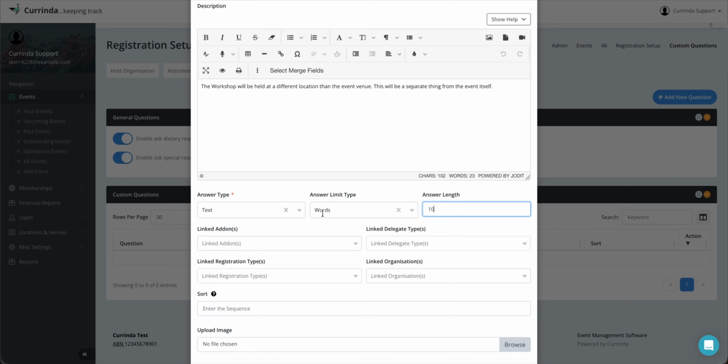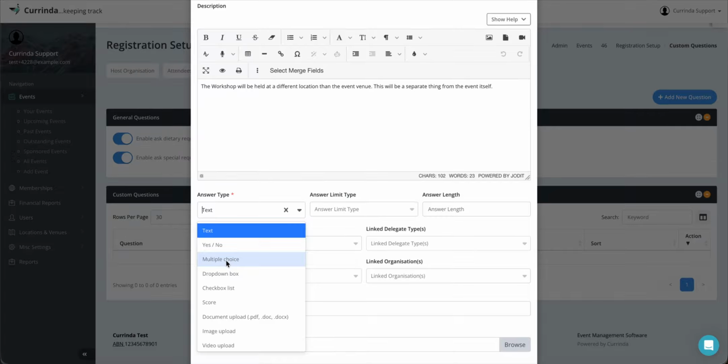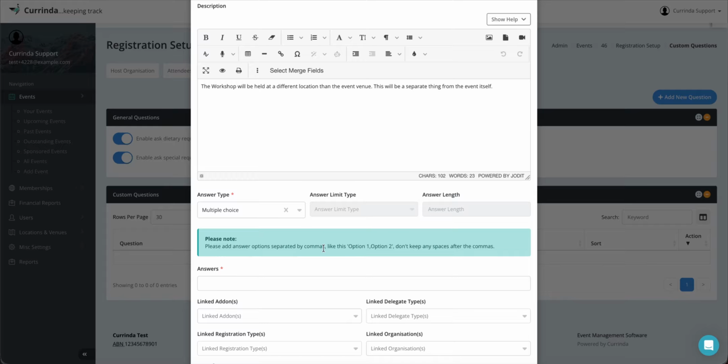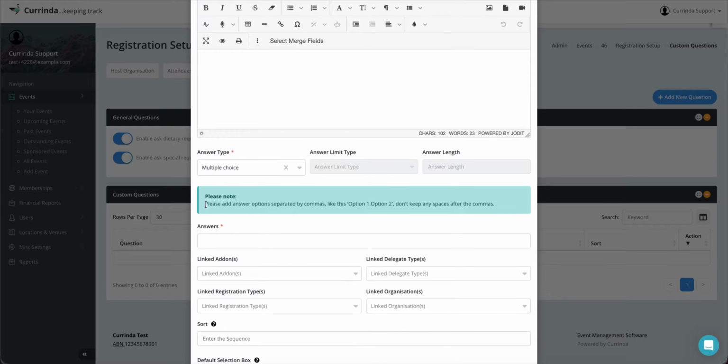Now if I remove these, because they would be irrelevant in my case since I'm asking a multiple choice question, my answers would be separated by commas like this: option 1, option 2, with no spaces between the commas. So let's say,